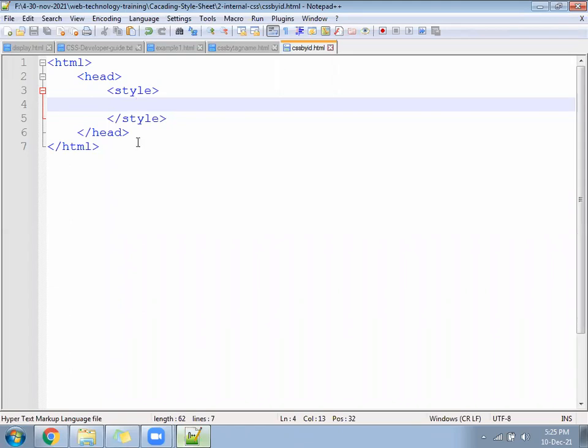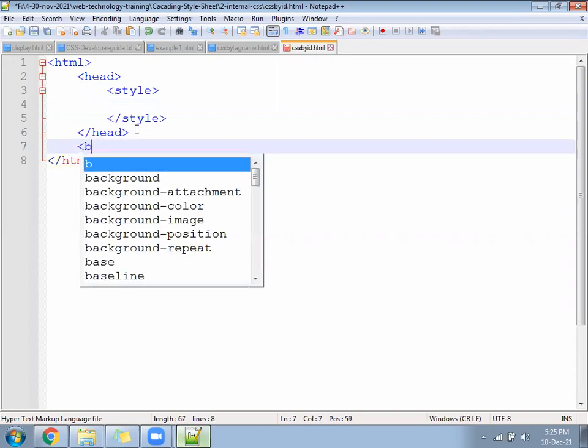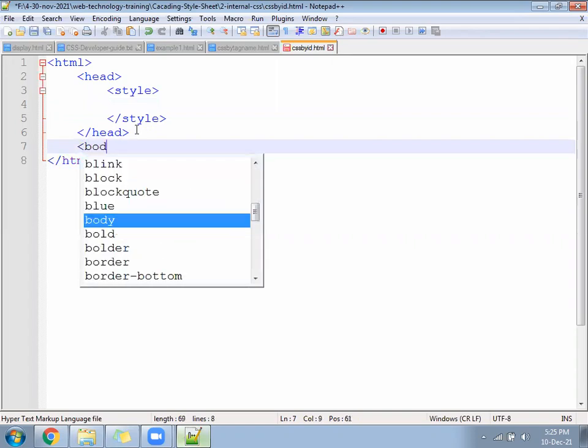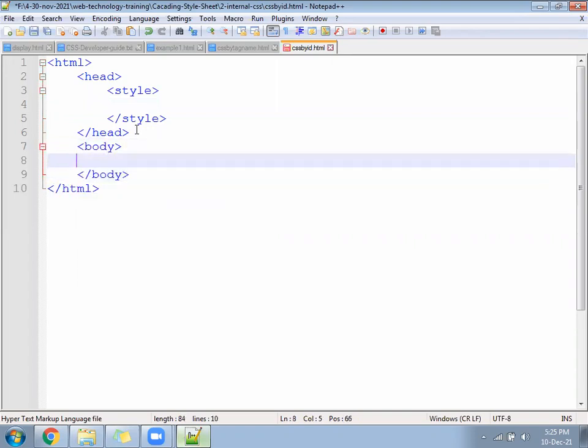After that, we'll go inside the HTML part. Under the HTML part, we will write the division div.